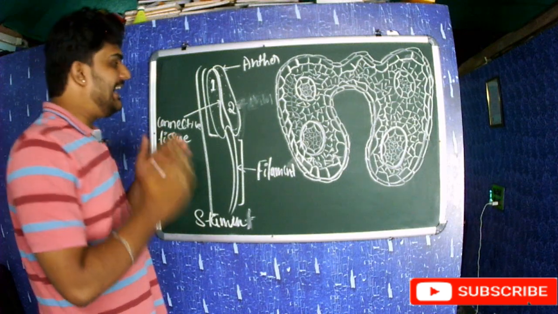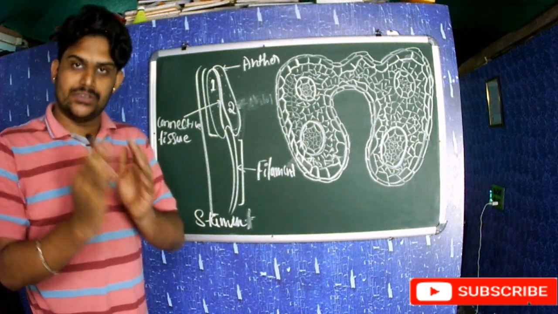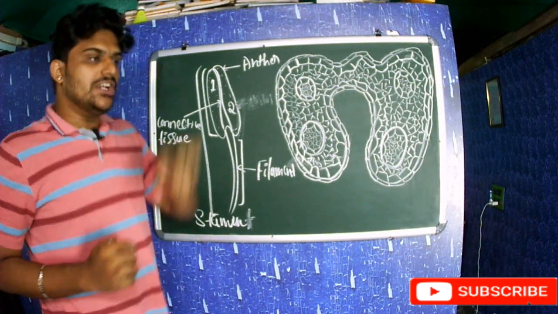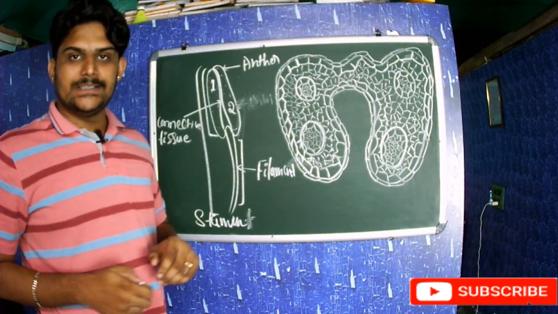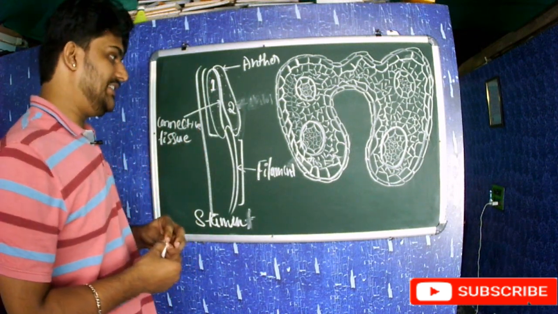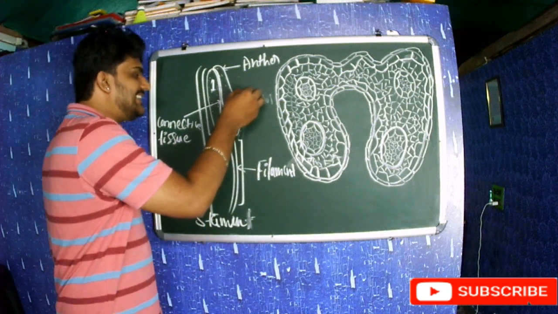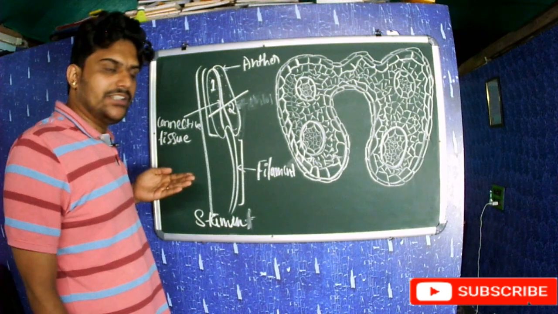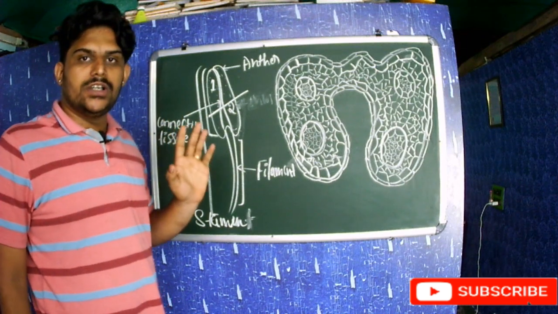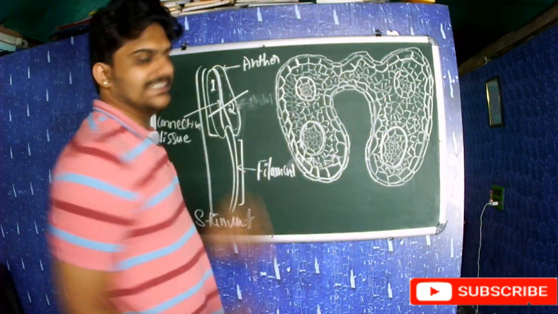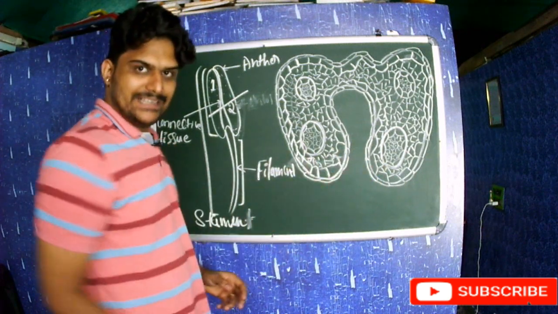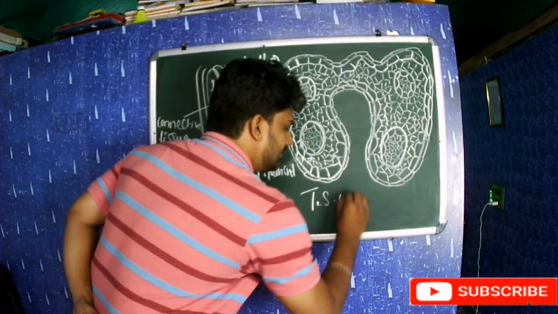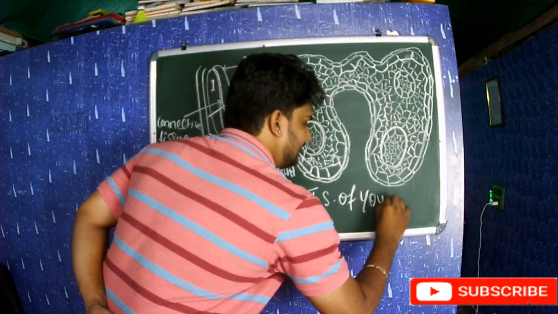Now this particular anther has a longitudinal column-like structure known as microsporangia. They have 2 lobes, and inside them there is a column-like longitudinal structure running, known as microsporangia. When we take the TS, the transverse section, we are going to see a structure like this. Bilobed, you can see, right? So this is a TS of a young anther.